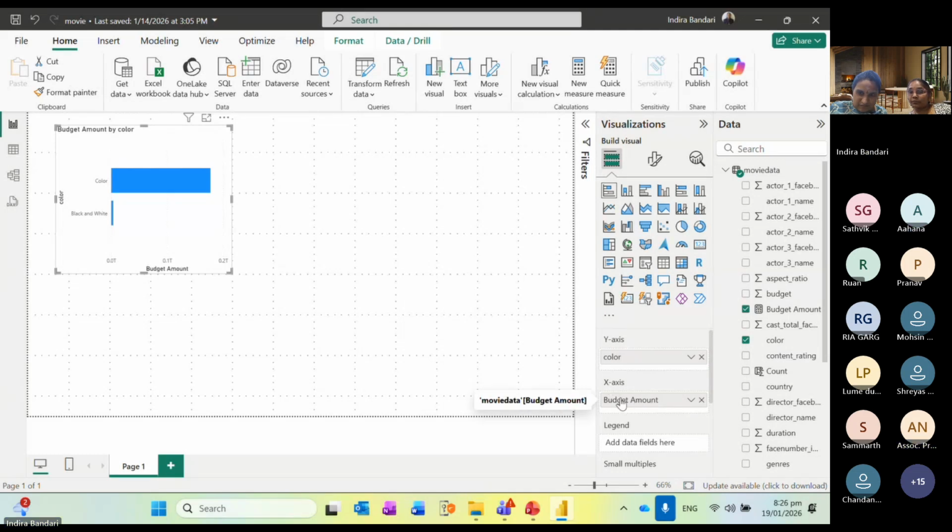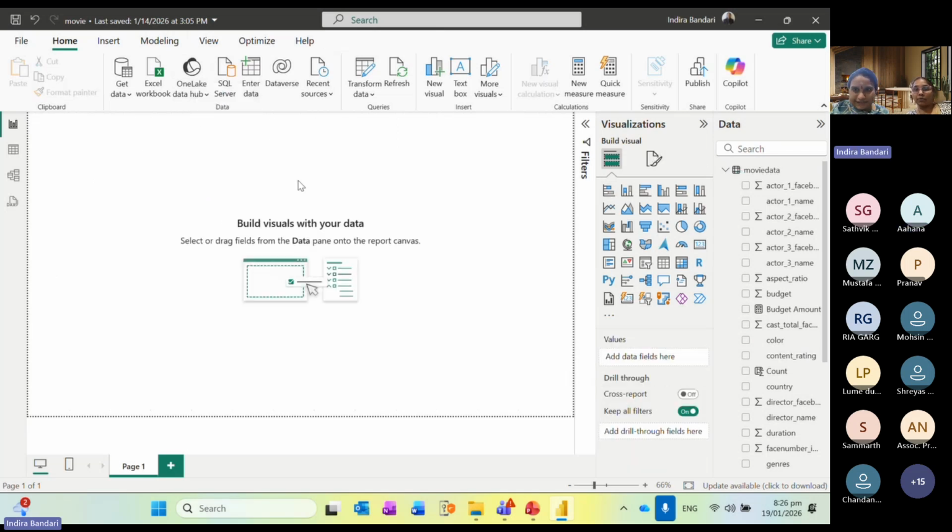Oh, now it works. And then in the y-axis you need to have color. But it's not showing the full thing. It's only showing color, not black and white. Okay, let's try and do it again. Just delete. Okay, so now,